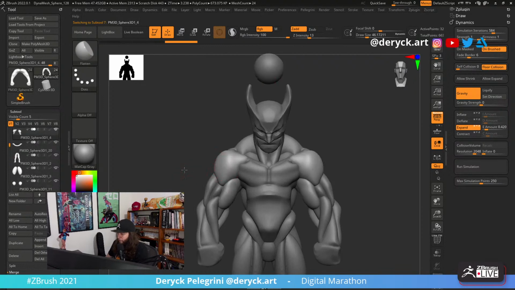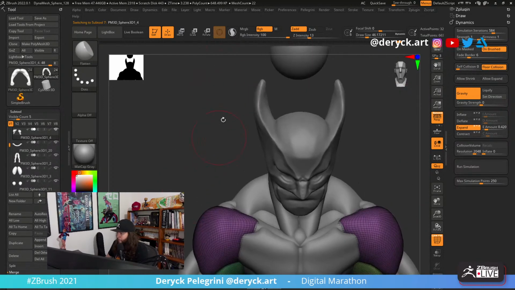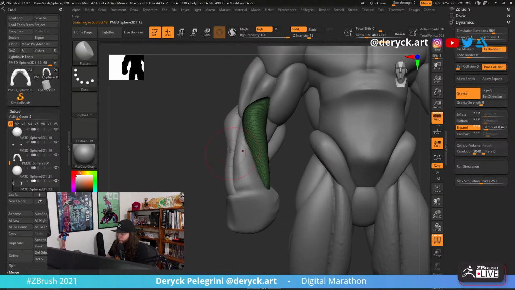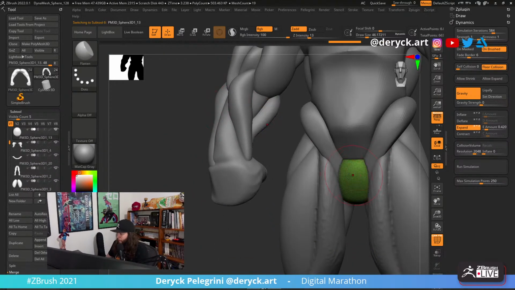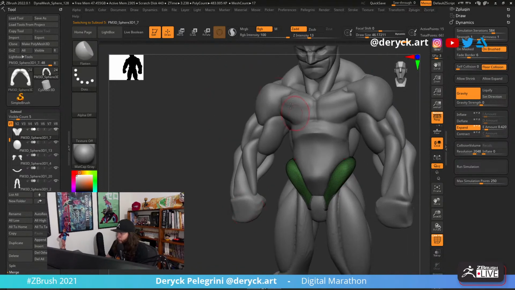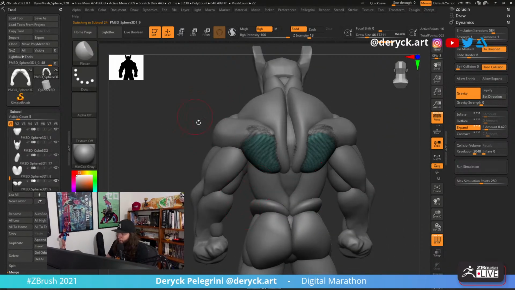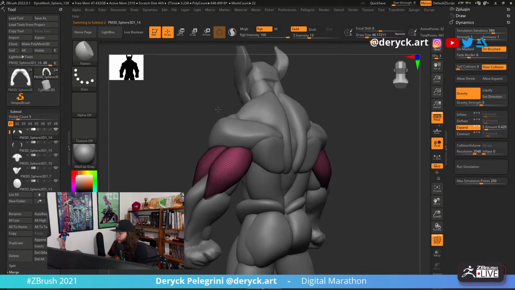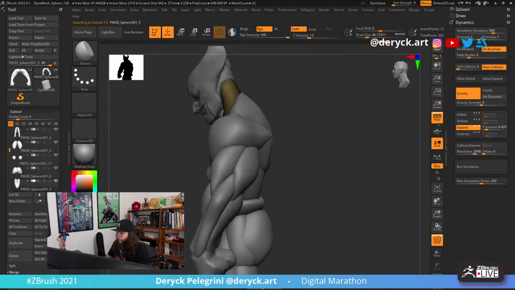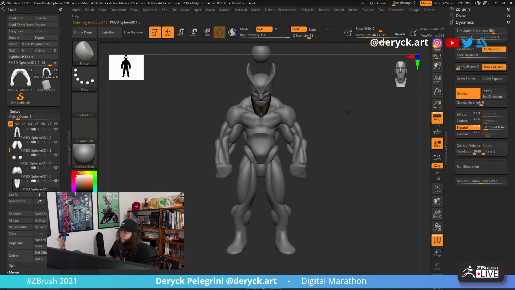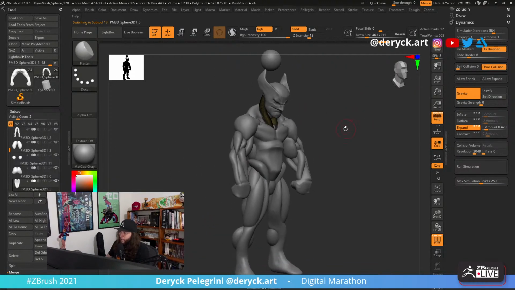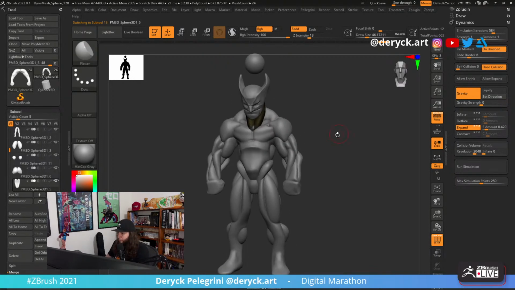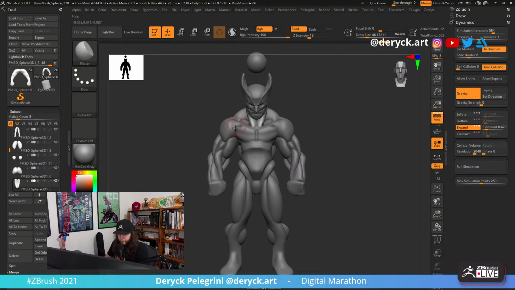The entire model. If you look at the topology, it's basically the same. Every part of the model is just spheres. I just put those spheres together to block out the shape. So yeah, those are just spheres that I put together here to block this character.